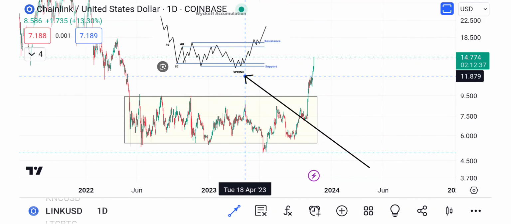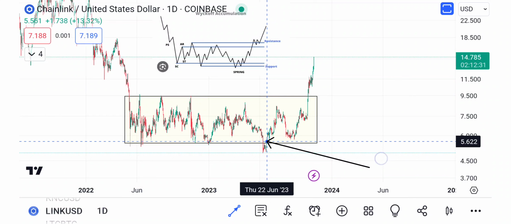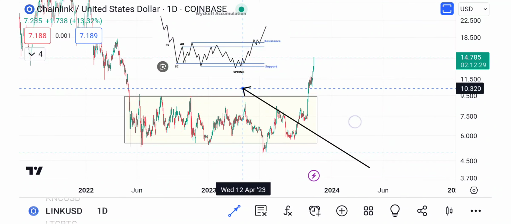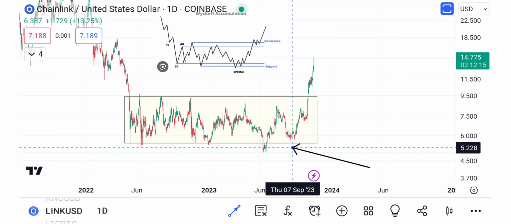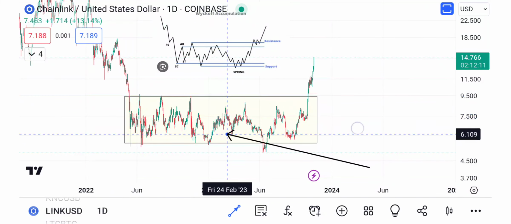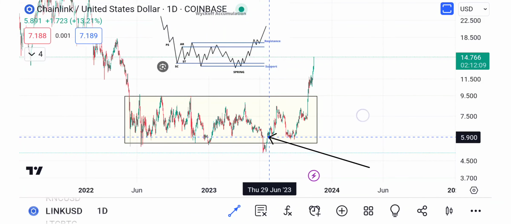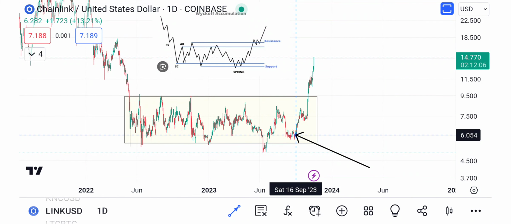Whales can't just buy wherever they want, right? If you have $10 million, you can't just buy it. You have to wait for liquidity. And the only way that happens is a break above resistance or a break below support. So I think this is exactly what's happening with Theta. Obviously, Theta looks different, but it's still the same type of concept, right? So for example,